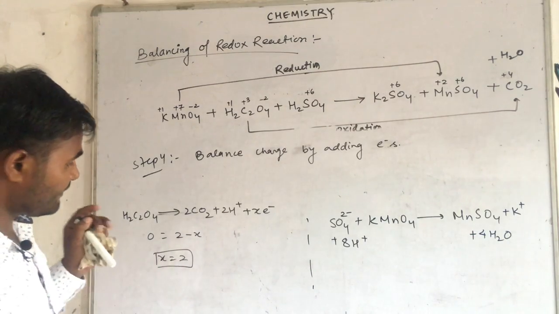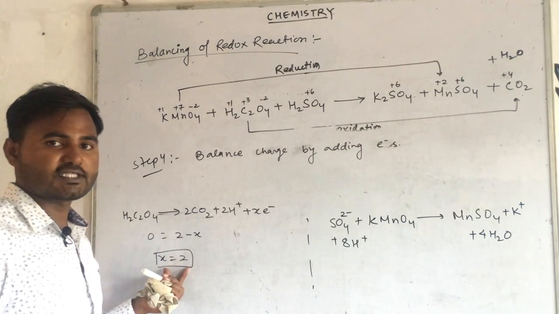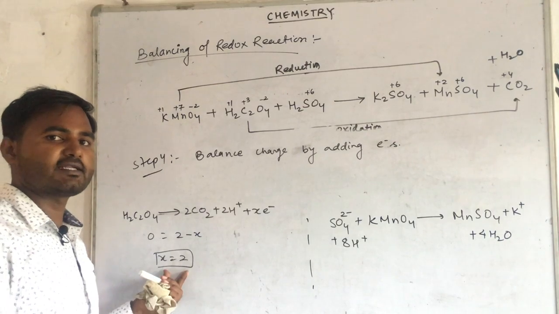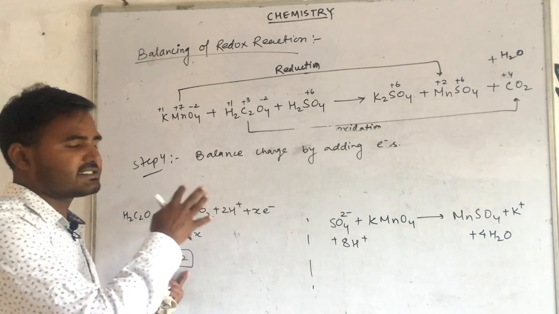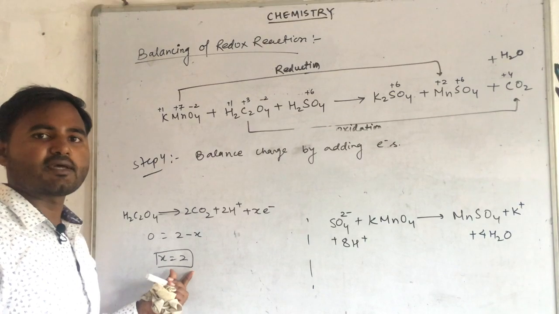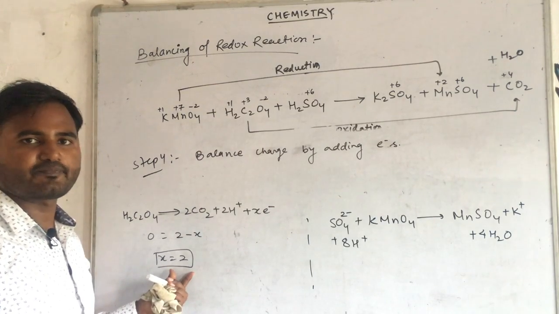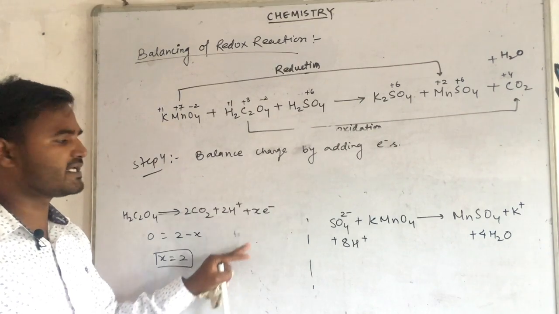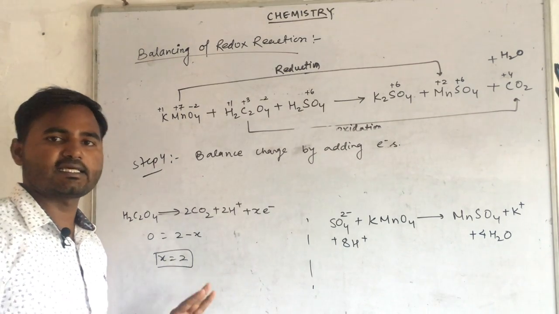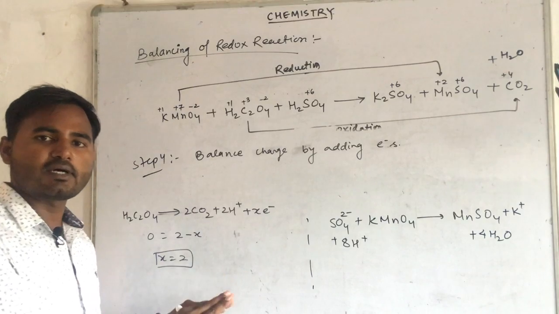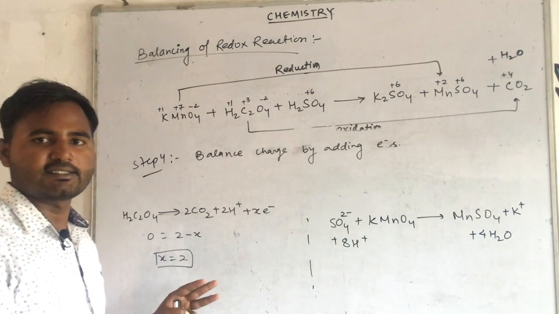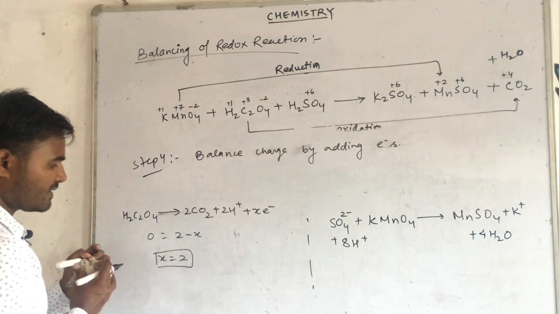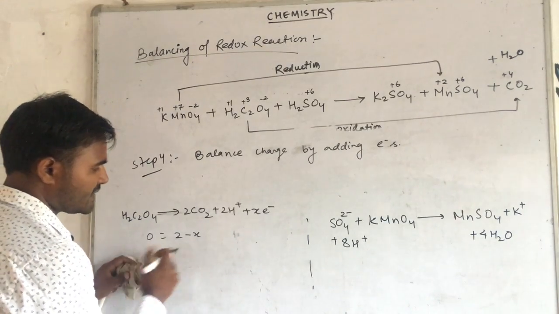So the point is that if the value of x is positive, then you have to add electrons on that side where you had considered them initially. मतलब अगर x की वैल्यू पॉजिटिव आती है तो आपको उधर ही ऐड करना है जिधर आपने पहले ऐड किया था. That means I added on the right, so you have to add on the right only. Clear? So here the value of x has come as 2,